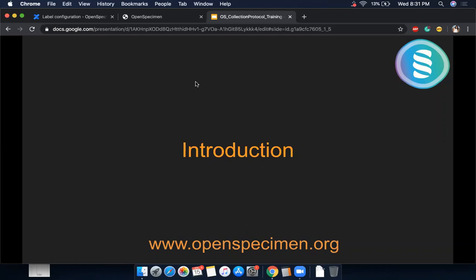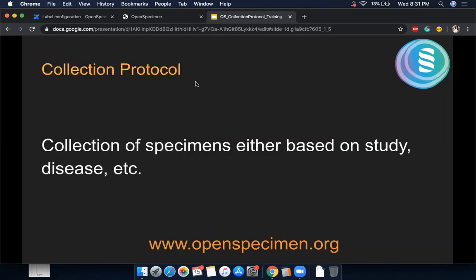So we'll start with the introduction. First and foremost, what is a collection protocol? In Open Specimen, before you collect specimens, you need to create a collection protocol. This can represent a collection of specimens based on a clinical study. It might be a longitudinal study for a particular research, or it might be disease-based collections, or it might be just a general biobanking collection.